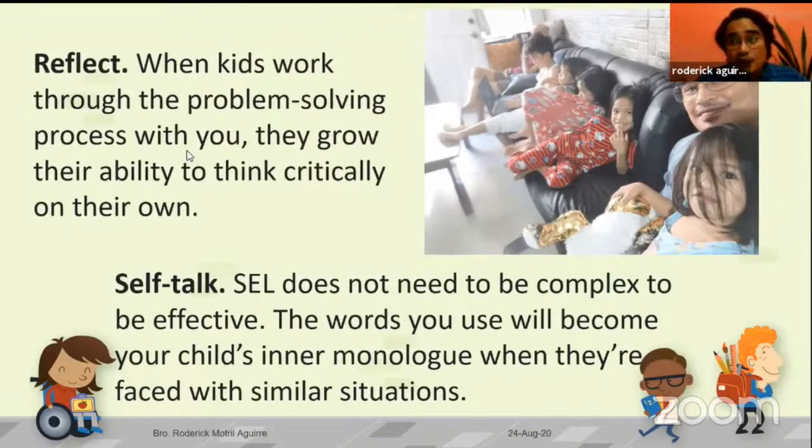So somehow my language becomes their language, and the way I think and how I treat other people become the way they treat. So pag nakita ko yung mga bata na masama ugali, nakita nyo mga anak nyo, masama ugali at hindi tamang pag-treat sa ibang tao, reflect. You reflect. Does that reflect me as a parent? Does that reflect me as a teacher? Okay. Probably, if not possibly.